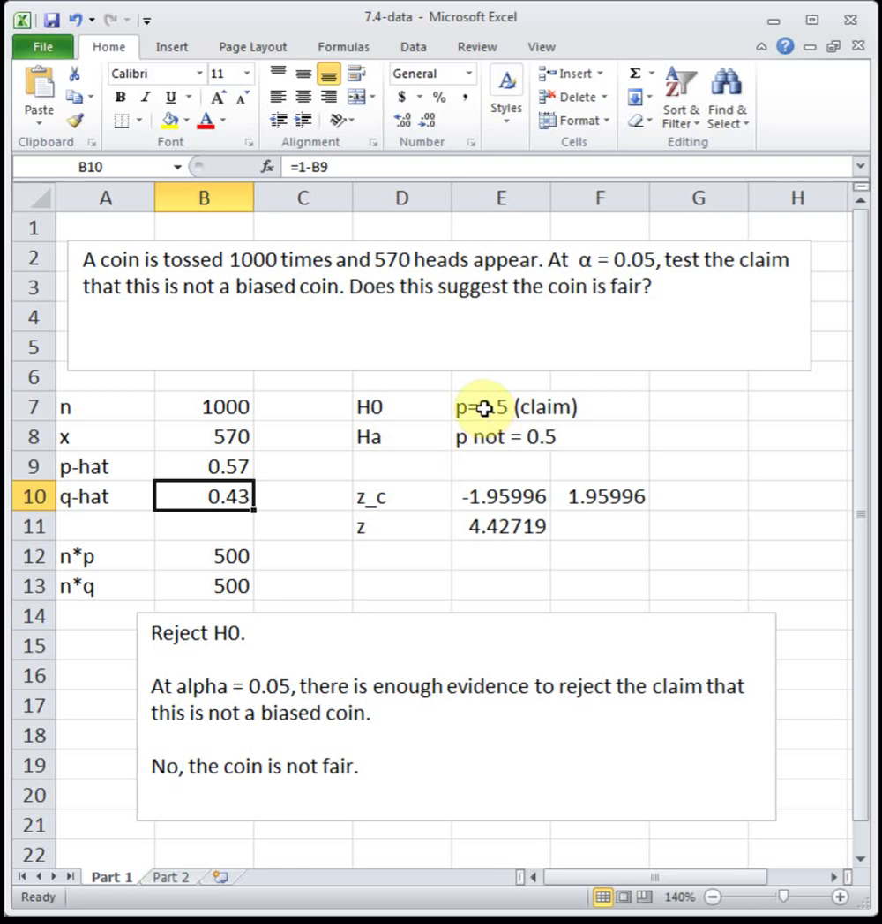The tricky part, I think, on this one was interpreting from the words to the math, because it's claiming that the coin is not biased. That means the coin is fair. So that means heads and tails show up 50-50. We did our check,